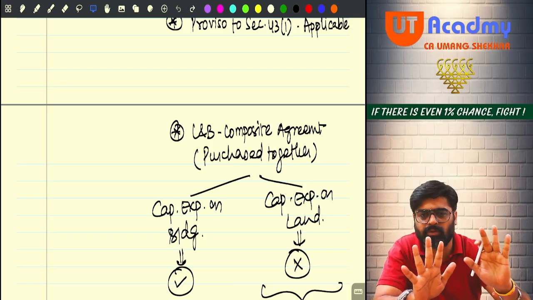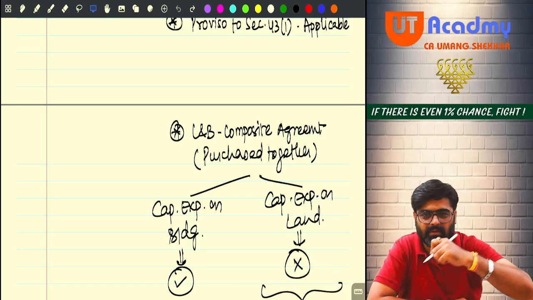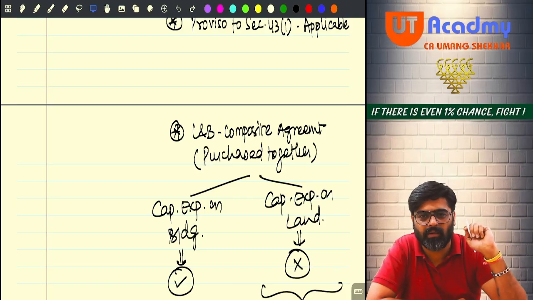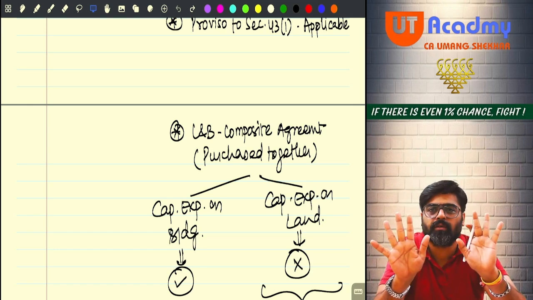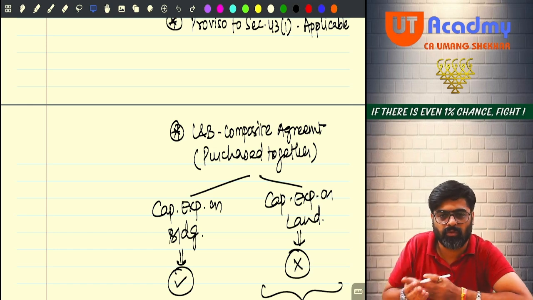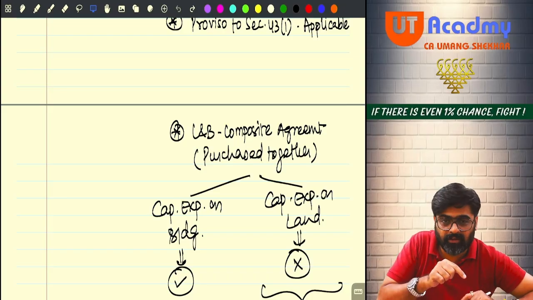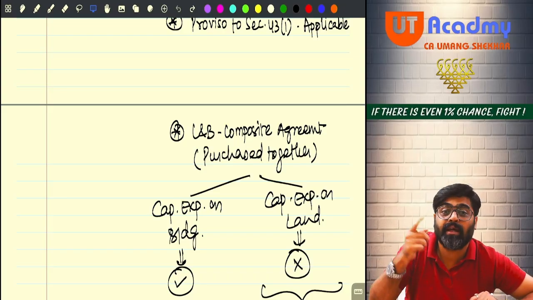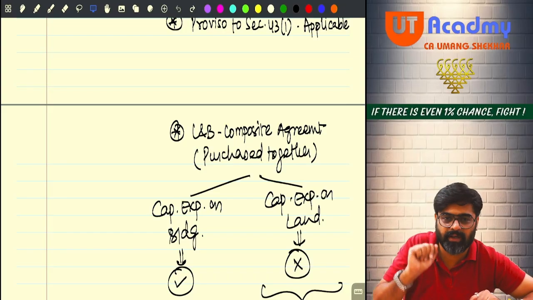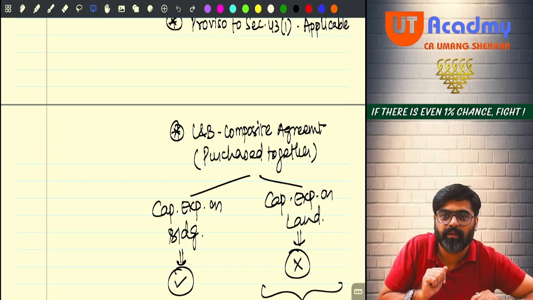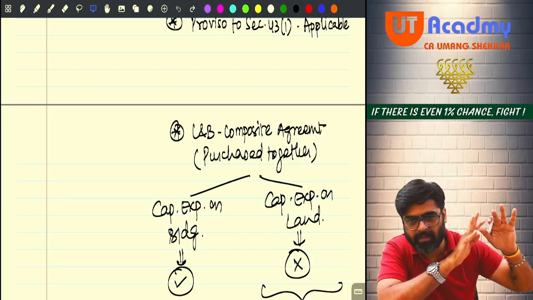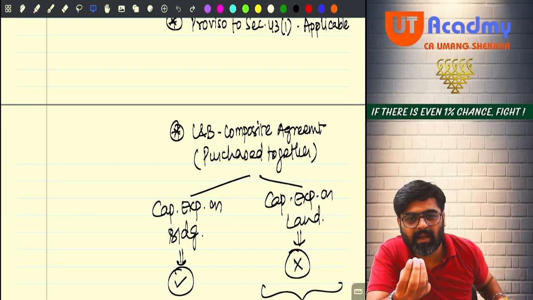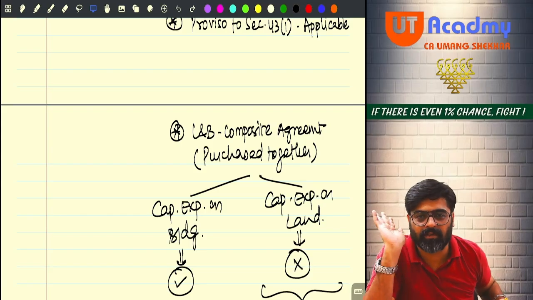These are proper latest notes only, but I have written them in a very hasty manner. This is the complete PGBP. Whenever you are making your notes, take the reference of this. But these notes were made for the last attempt, January 25 attempt, so the law was a little bit different. Almost the entire PGBP chapter is the same, but there are 2 or 3 places where there are amendments.